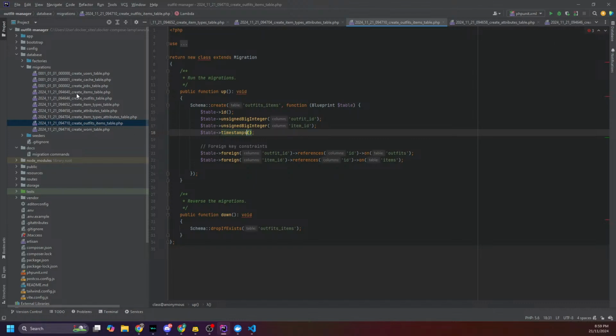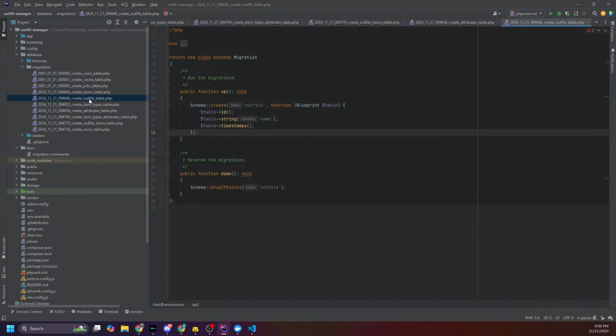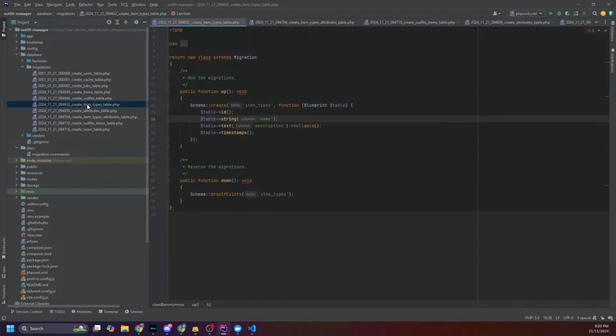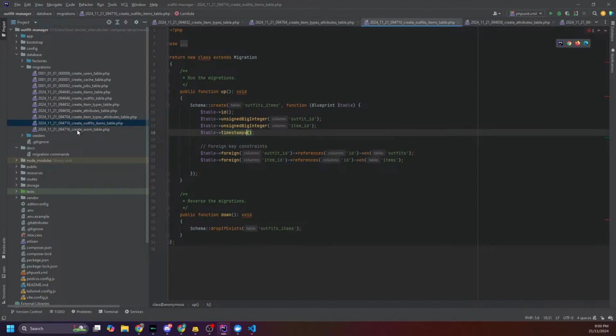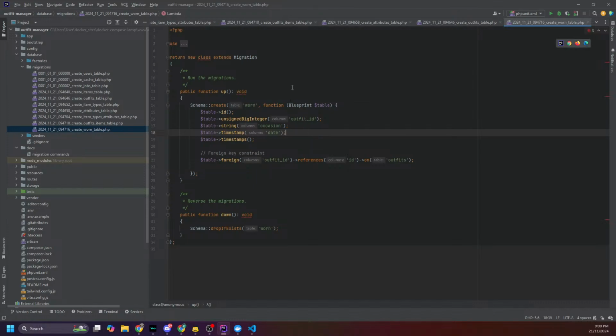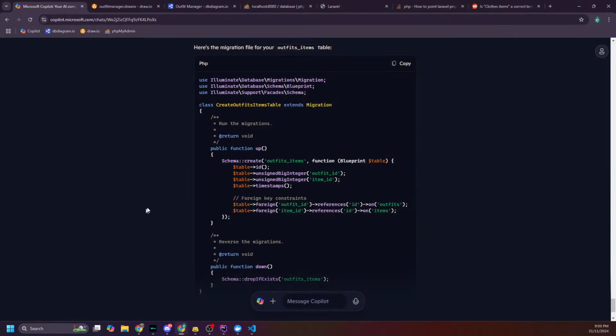And so now I should have the items table, the outfits table, the item types table, the attributes table, the item types attributes table, the outfit items table, and the one table. So now I have all my migrations sitting here. Which is cool. So then I go back to my AI and I'll be like,